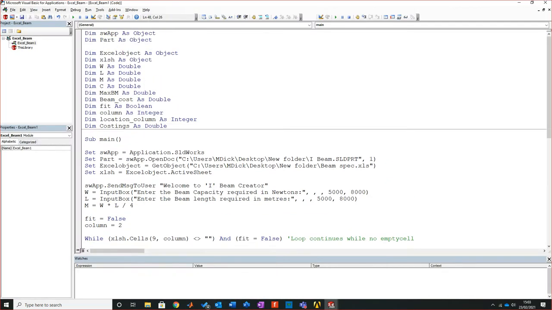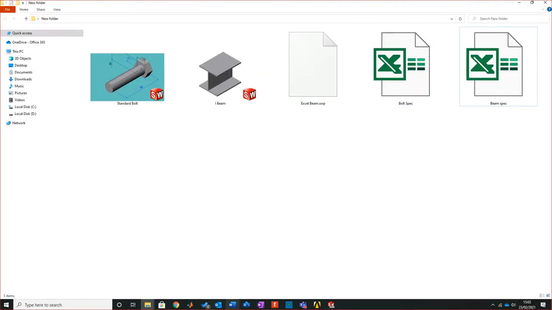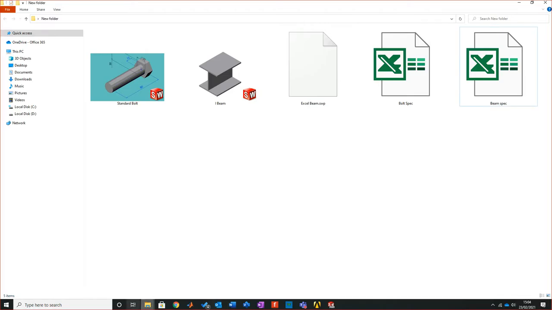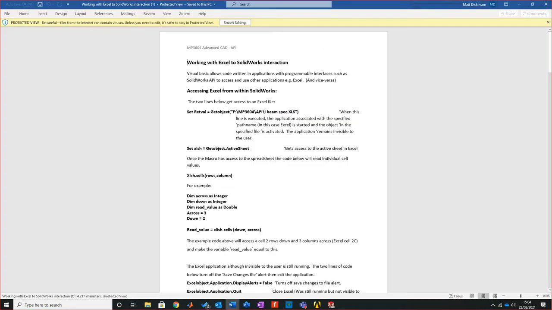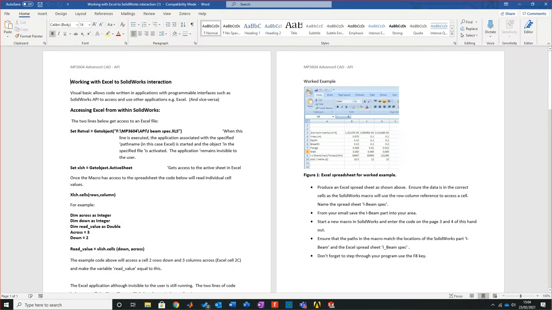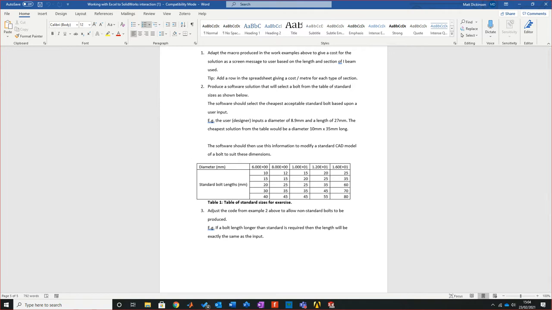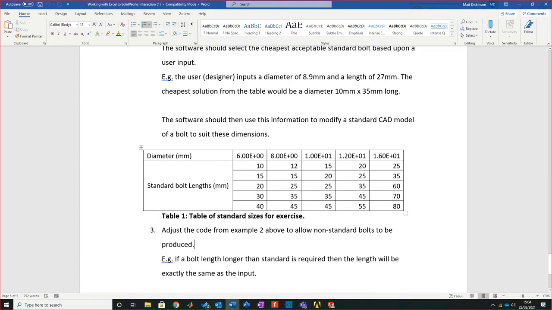Okay. Then, if there is no questions, then I do have, as I said, a good example. Not that one. So this is the spreadsheet. This is the interactions. There is one last bit of a challenge for you. And this is the bolt